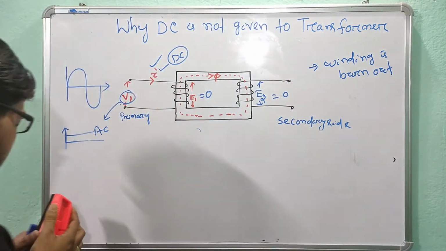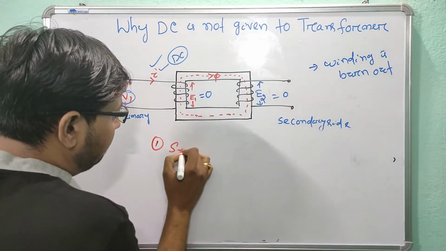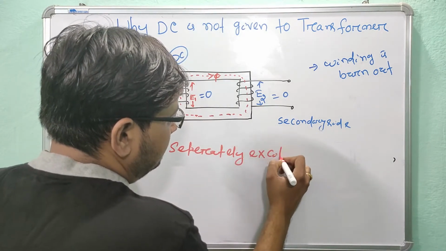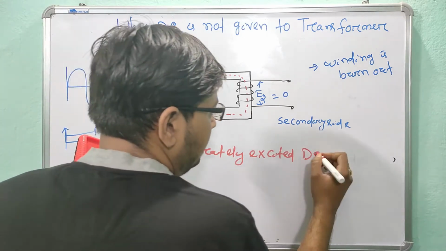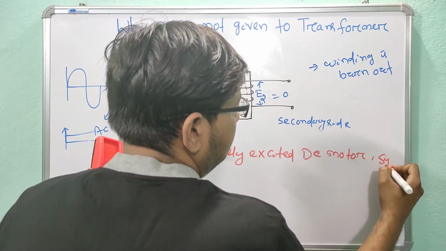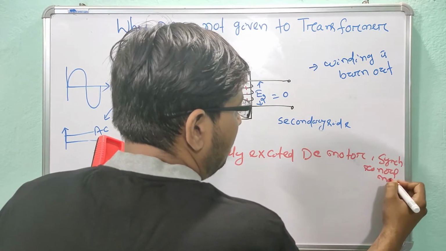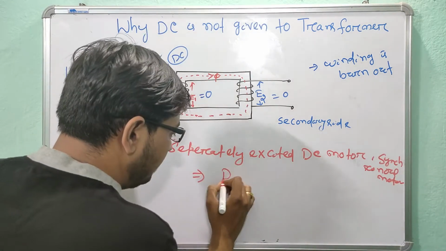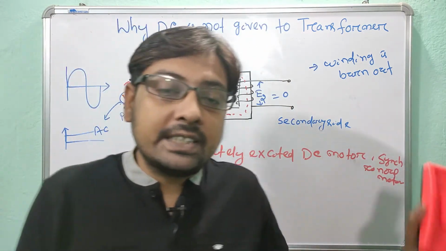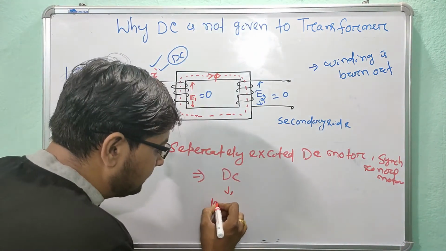Because in a separately excited DC motor or synchronous motor, we provide DC. Then if we provide DC to the separately excited DC motor or synchronous motor, the winding will not burn out. Why? Now we give very low power